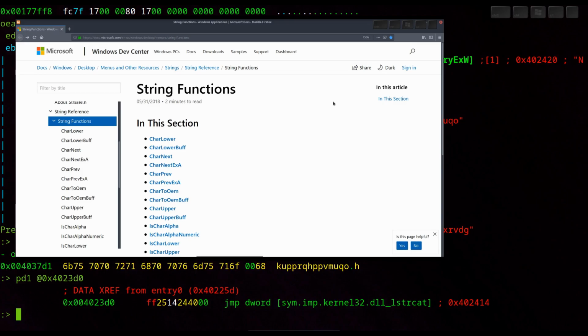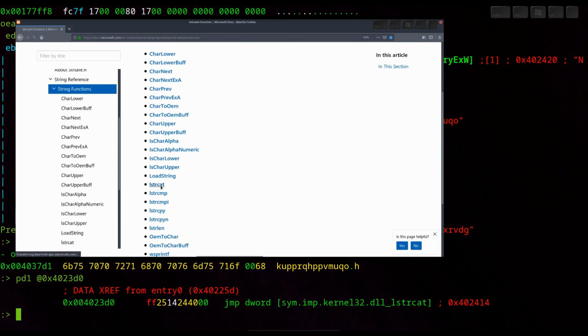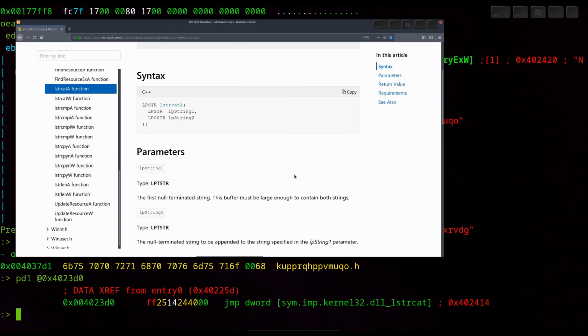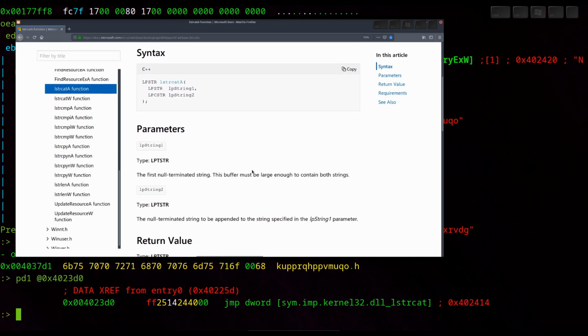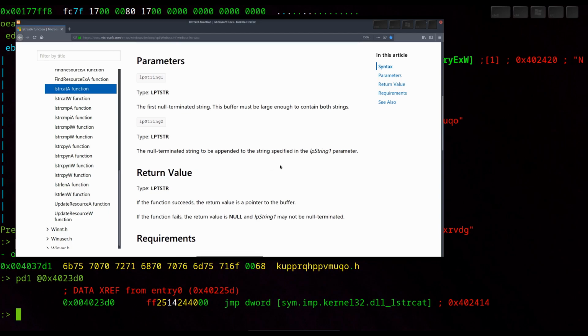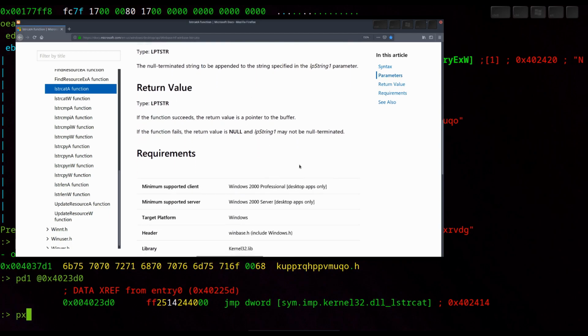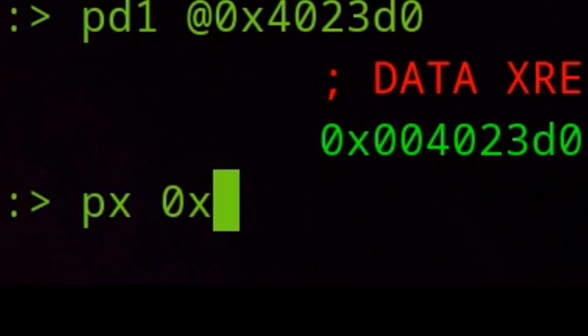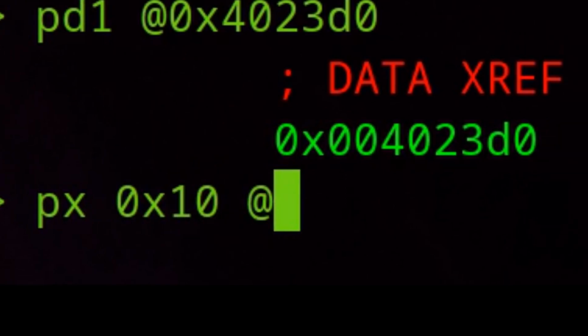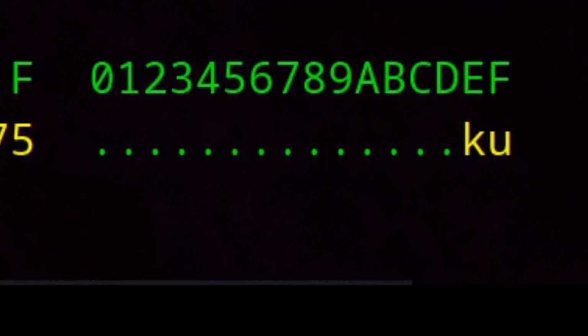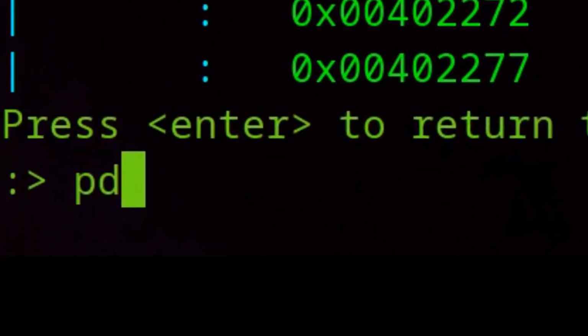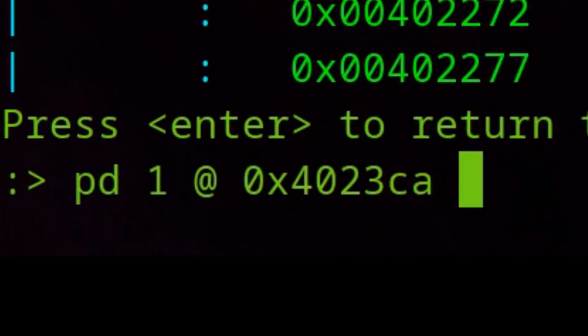The Windows API function lstrcat is called from kernel32.dll. The second parameter is the address to our null terminated string kubruk. And the first one is an address to the empty null terminated string that should contain both strings after calling the function. Then we call GetEnvironmentVariableA